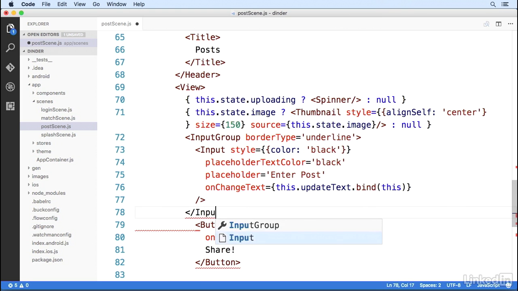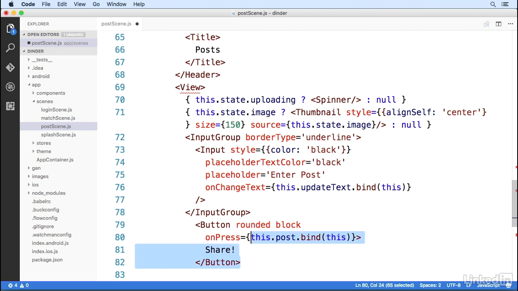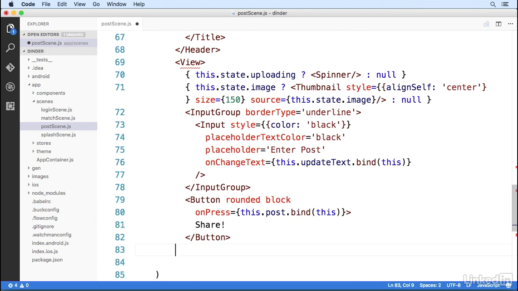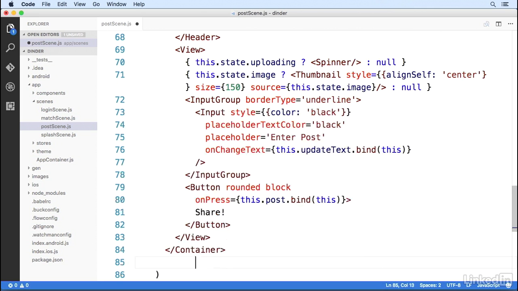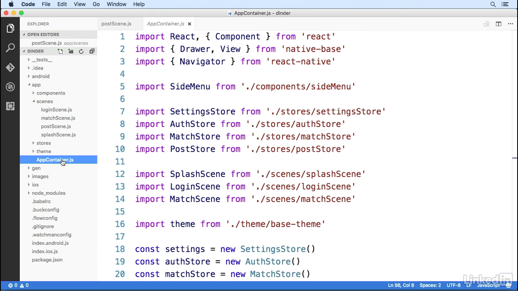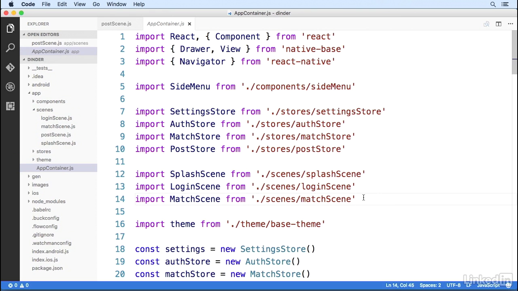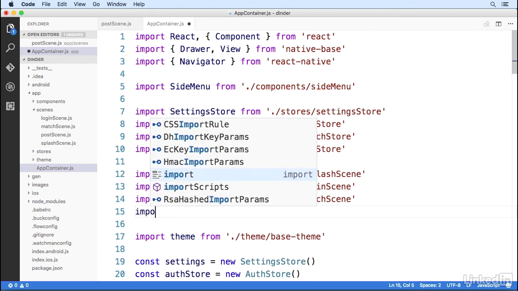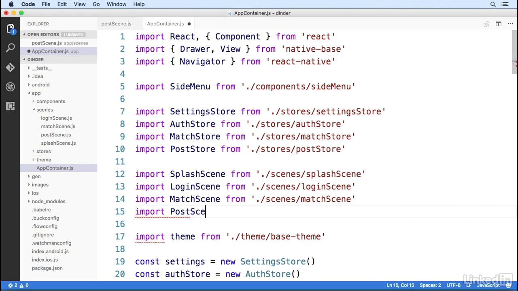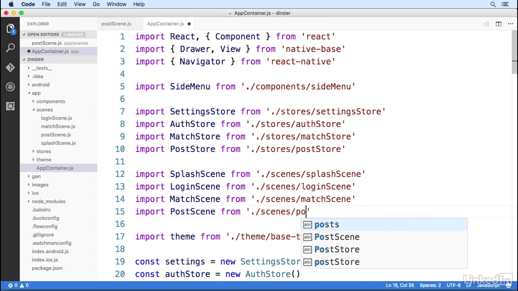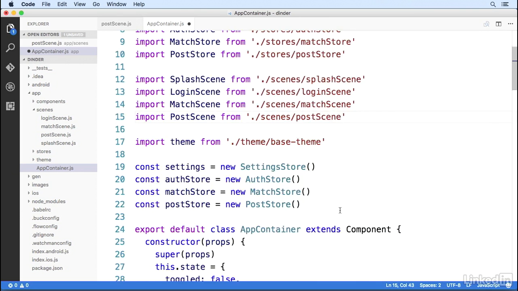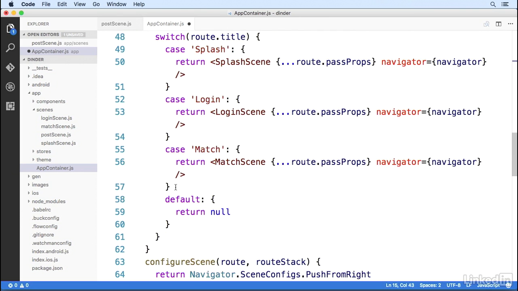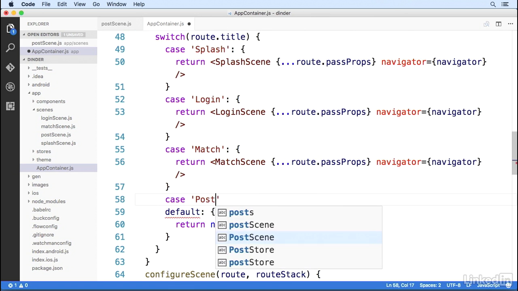And we'll go up and close our input group. Fix our formatting here. Next, we'll close our view. And we'll close our container. Let's save this file and go over to our app container, where we will add the scene at line 15. So import post scene from ./scenes/post scene. Then we'll scroll down to our render scene method, add a new case, post, and that will be